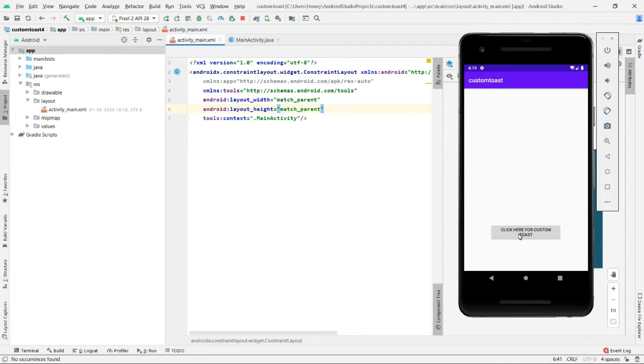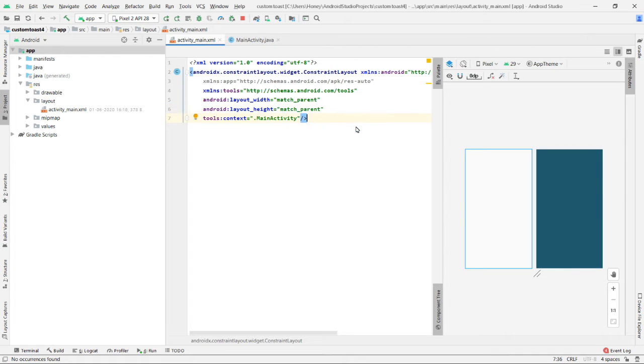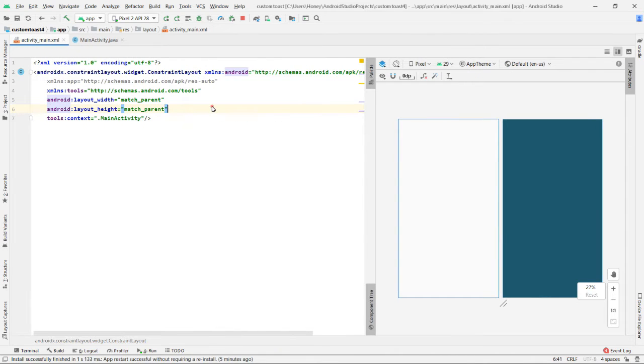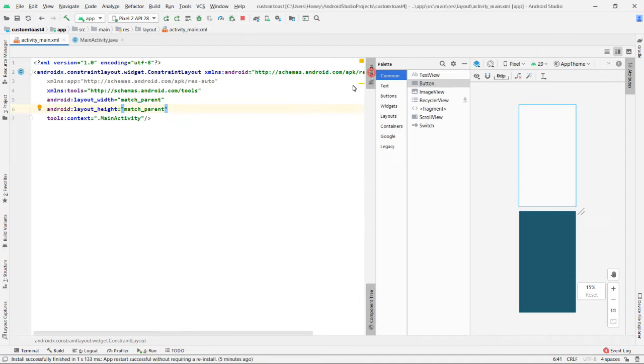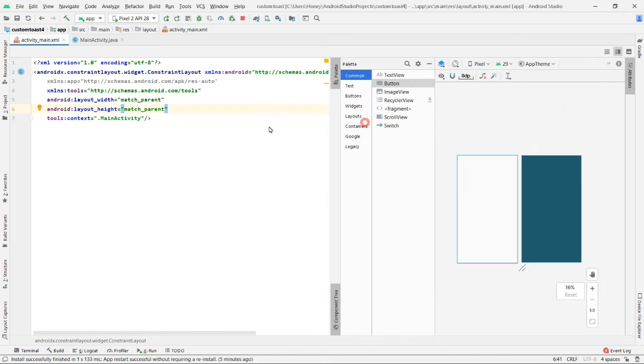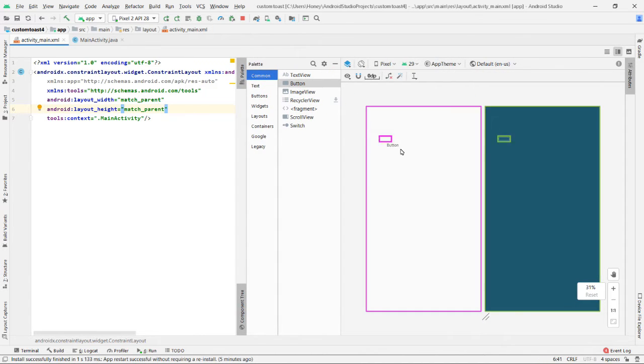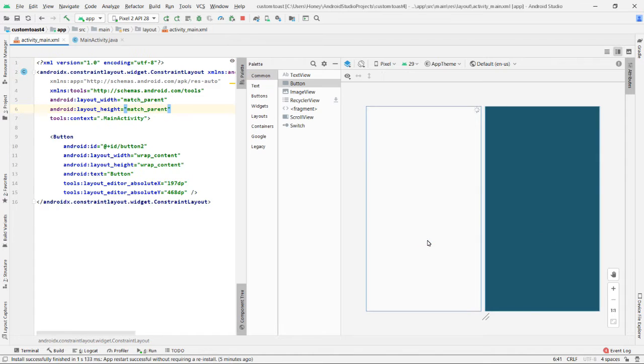So without wasting any time, let us go ahead with implementing a custom toast in our mobile application. So go to our activity main.xml file, drag and drop the button. I have dragged the button here and dropped it here.